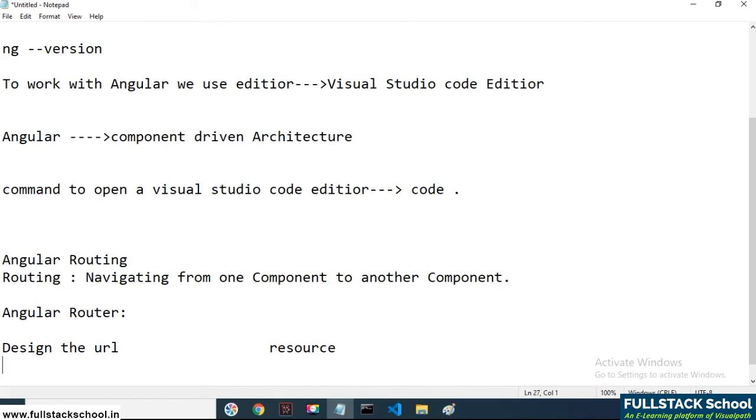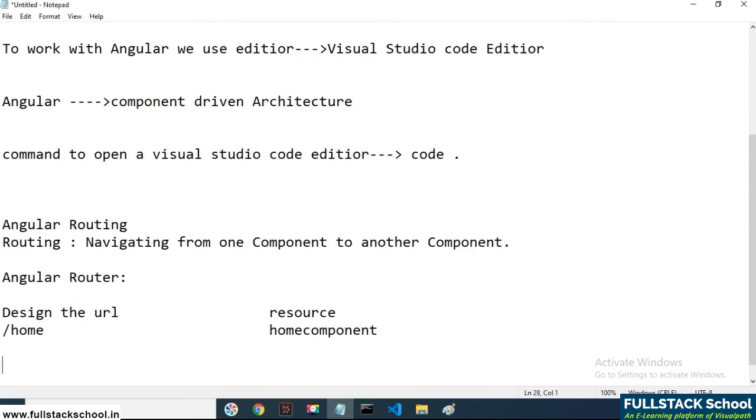Let us take an example, /home. If we specify /home, we need to go to the home component. When you specify /user, I need to go to the user component. Like this, when you specify these URLs in the browser, it should automatically navigate to the particular component.